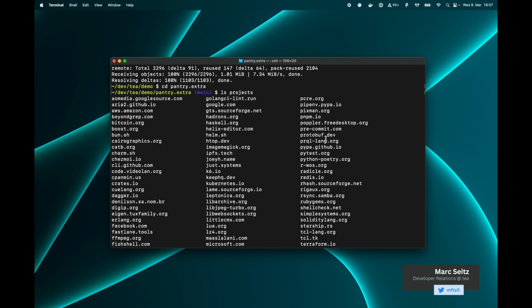Right now, we have these two pantries set up, Pantry Extra and Pantry Core. Pantry Extra is where the community contributions and most of the packages go at the moment. And because there are many more contributions than there are in the core pantry, we have decided that pretty soon we might merge these two pantries actually,